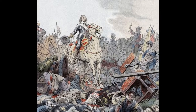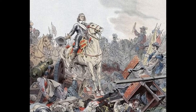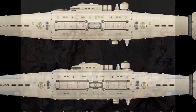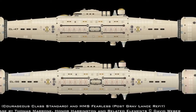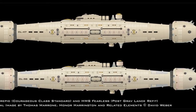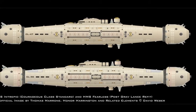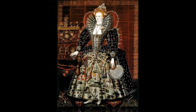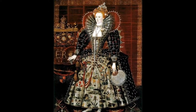Both planets have strategically valuable locations, so while Manticore is seeking an alliance with Grayson, Haven is secretly supplying Masada with ships and weapons. There's an admiral in the diplomatic envoy, but technically he has no commission, and so Honor is the ranking officer as captain of the largest ship in the escort. That's kind of a big deal in Grayson because they don't let women work outside of the house, let alone in the military. Honor thinks that her being there is a mistake, but she was personally chosen by the Queen,